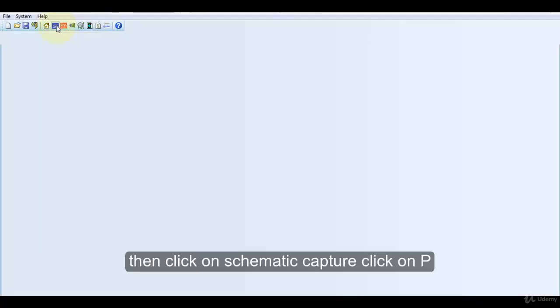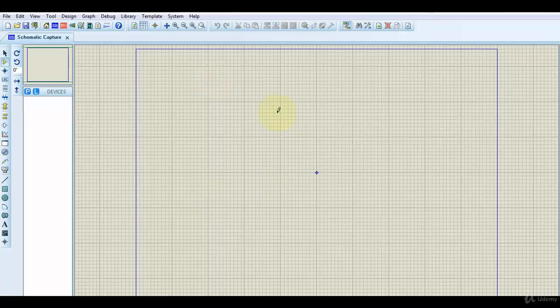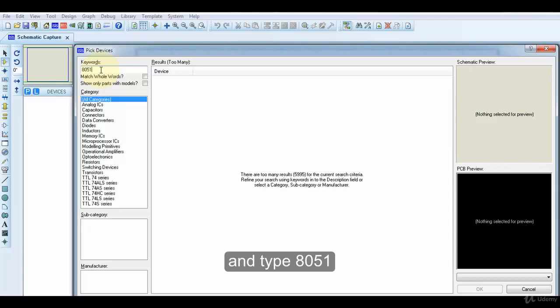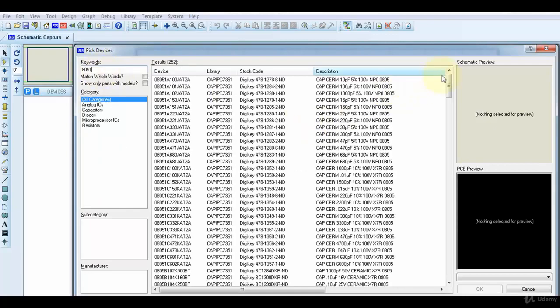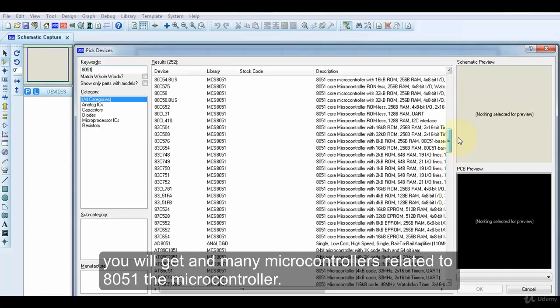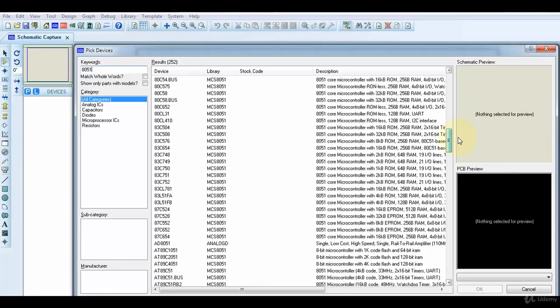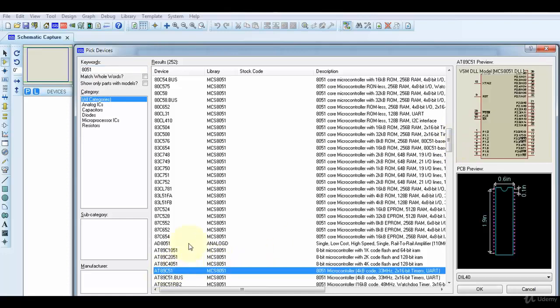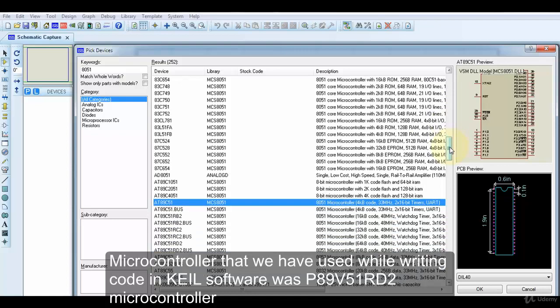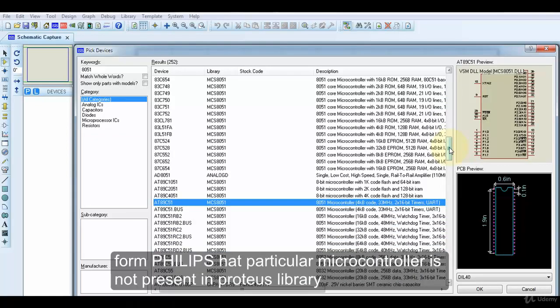finish. Then click on schematic capture, click P and type 8051. You will get many microcontrollers related to 8051. The microcontroller that we used while writing code in Keil software was the P89V51RD2 microcontroller from Philips.